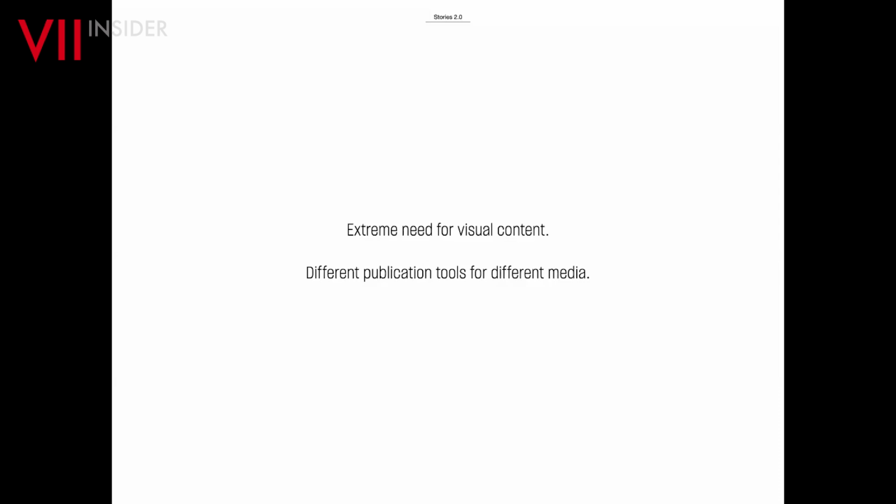Today on mobile phones, when you're going to read a long feature, you need a lot of pictures to help viewers also be engaged in the story, not only by the text, but also with the visuals. And then, of course, you have different publication tools for the different media houses. So, I mean, some media houses might have some kind of limitations for what they can do online. Others might have other limitations. So that also makes it harder for a photographer to go out there and shoot specifically for different